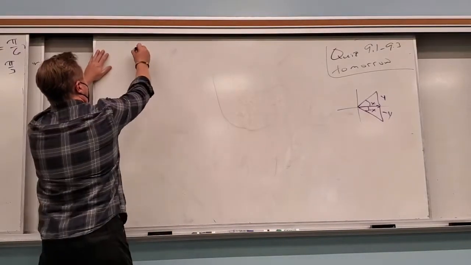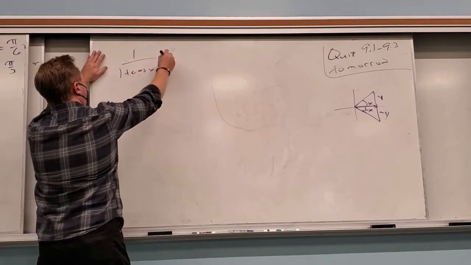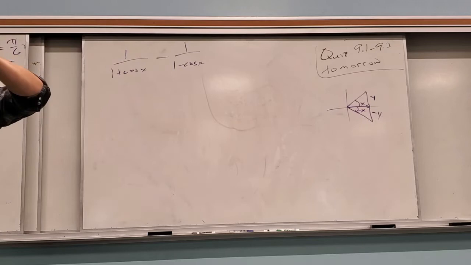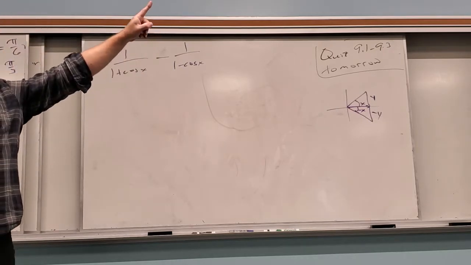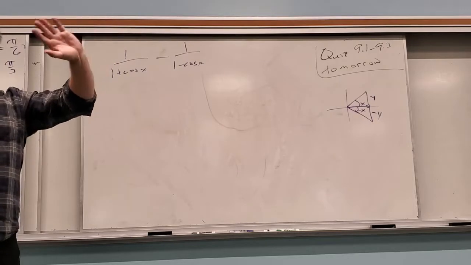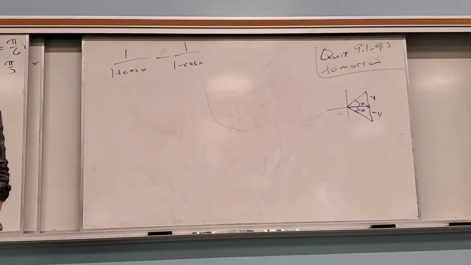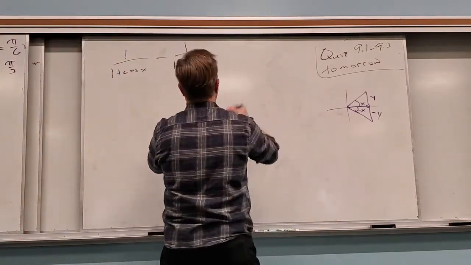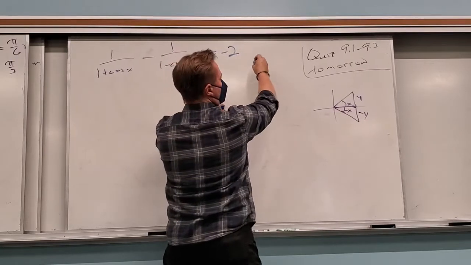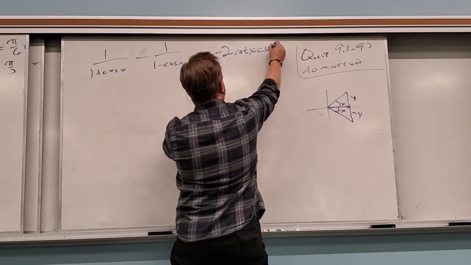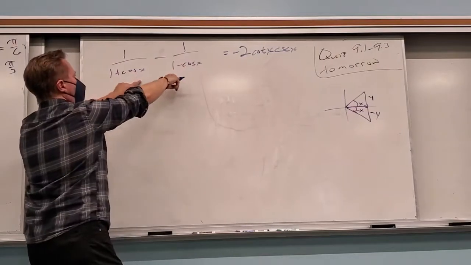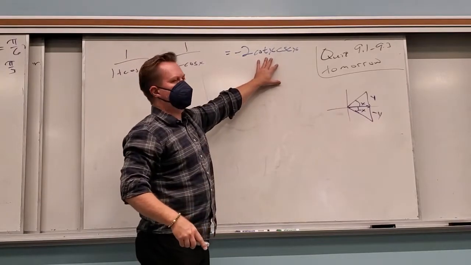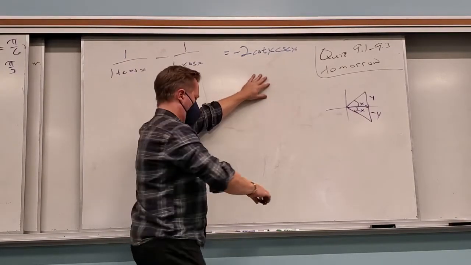Okay, so I can rewrite this as, so I'm going to start with this side. So what am I trying to do? I'm trying to work with it until it looks like the other side. Now just to remind you guys, I can work with both sides. Let's try that right now. So this is supposed to equal negative 2 cotangent x cosecant x. So over here, we can get an LCD, right? But real quick, over here, what's almost the only thing I can do here? Rewrite in terms of,